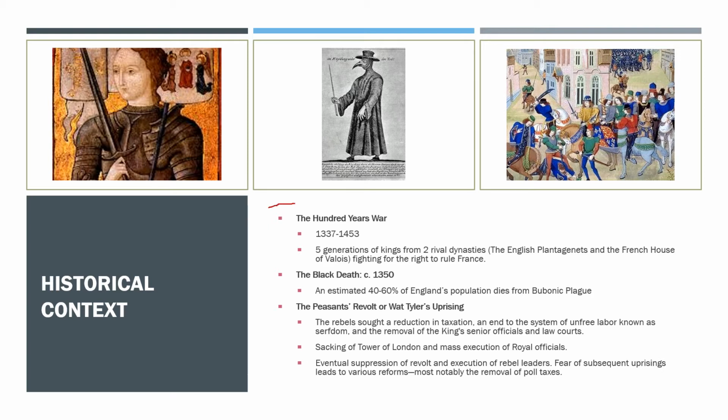Chaucer is born during a period of perpetual warfare. Now, the 100 Years' War lasts for far longer than 100 years, as you'll notice if you're a math whiz. And during this time, England and France are fighting for control of France, and it lasts for so long that basically 5 generations of kings are involved in this conflict, and it contains some of the most famous battles in history, like the Battle of Agincourt, which Shakespeare will immortalize in his Henry V, and some of the most famous figures in history, like Joan of Arc, who I'm pointing an arrow at right there.